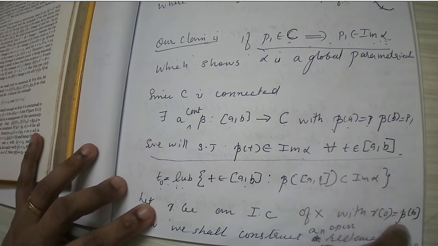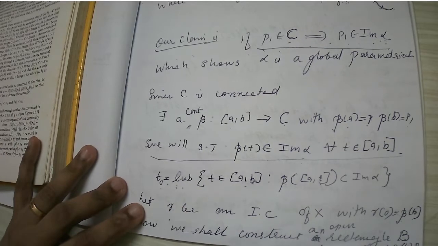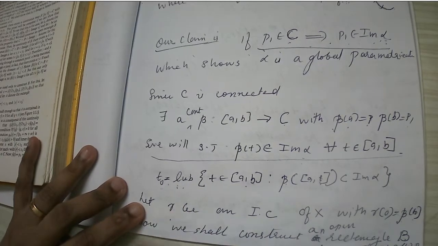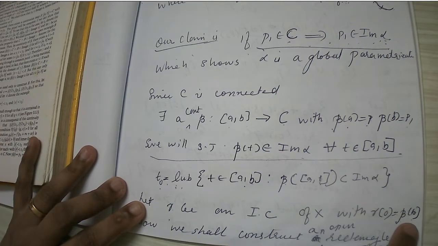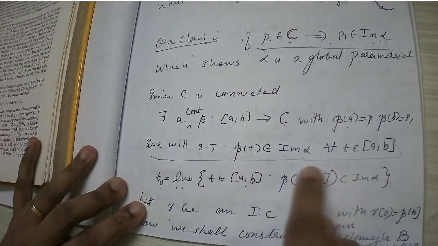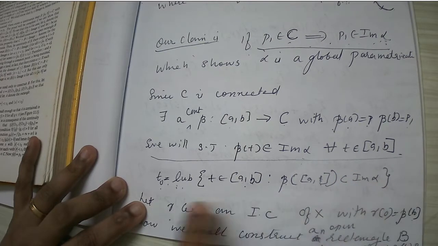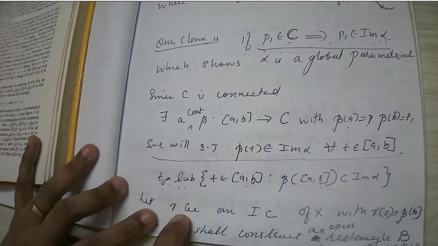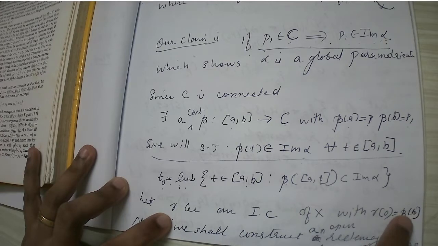That point I am taking as P naught, and about P naught I am finding an integral curve of X. At the point P naught, the integral curve I am taking as gamma. At the point P, the integral curve was alpha. Now the new point I have constructed is P naught, that is beta of t naught. How am I getting beta of t naught? t naught is the least upper bound for which the map stays inside the image of alpha. So this gamma is a new integral curve corresponding to the point beta of t naught, and that is P naught.